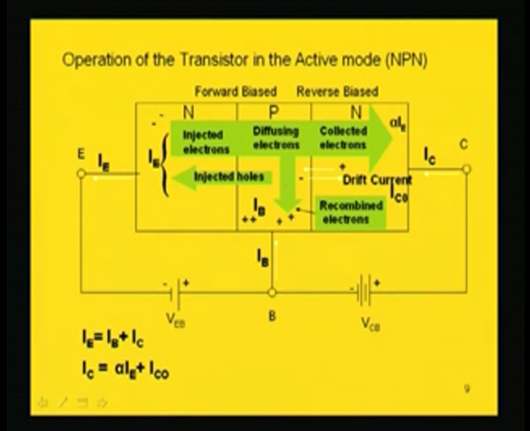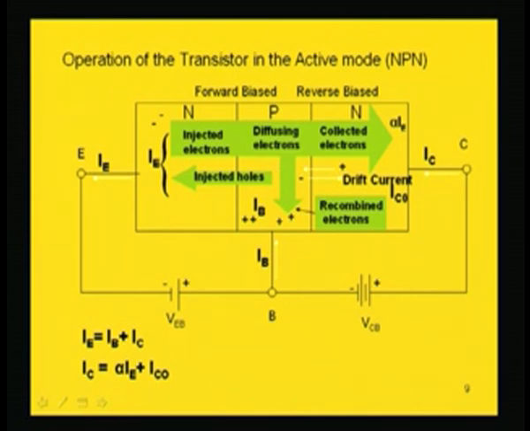So, that has to be replenished, and that is done by the holes which are being provided by this battery. That is why hole movement is in this direction. So, base current movement is also in this direction. Now, the diffusing electrons, after recombination of a portion, losing a portion of its total amount, will be